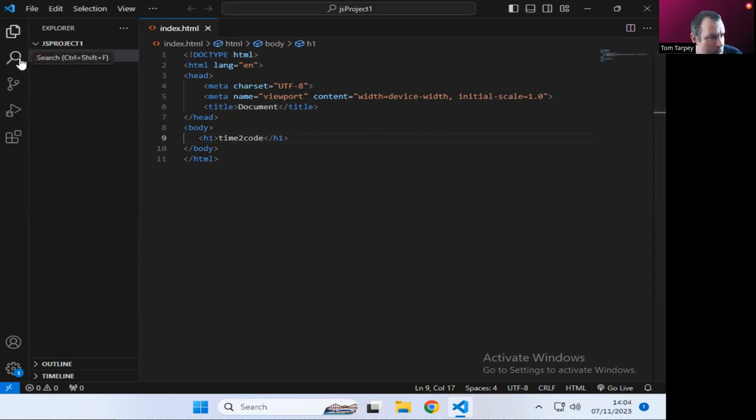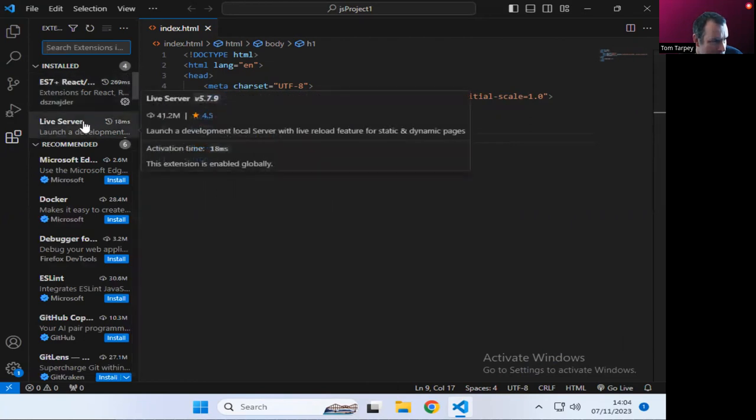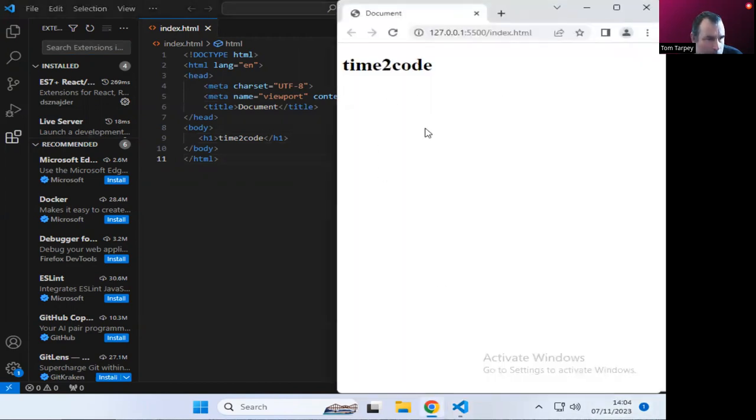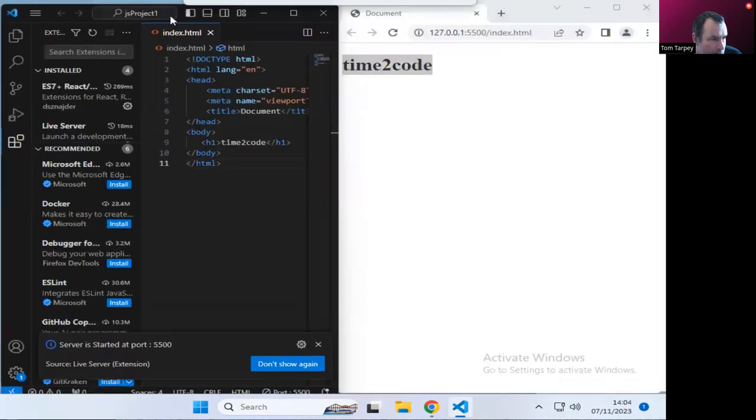Now, if you've followed the previous videos of installing things, we should have basically an extension called Live Server installed. If you don't, search for Live Server and install it. Once you've done so, you'll have a little Go Live button here when you're on your HTML page. If we click this Go Live button, it opens a new browser window with our actual code from what we did. So if I move this code over a little bit out of the way so we can actually see both of these things,